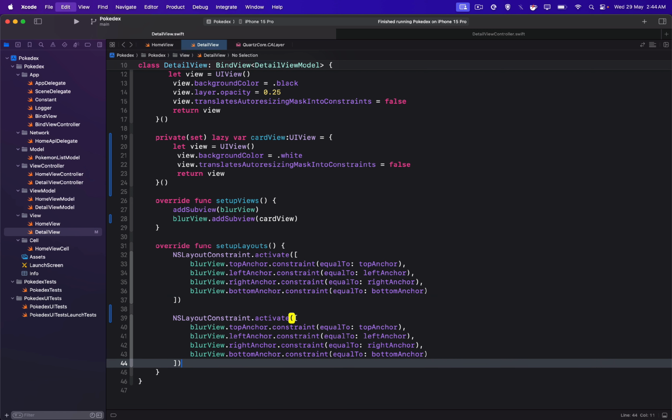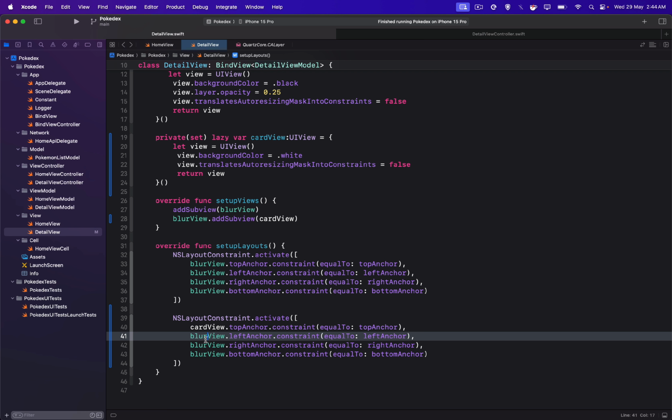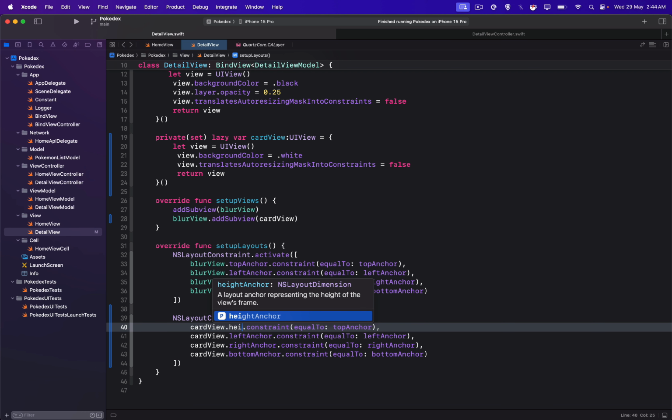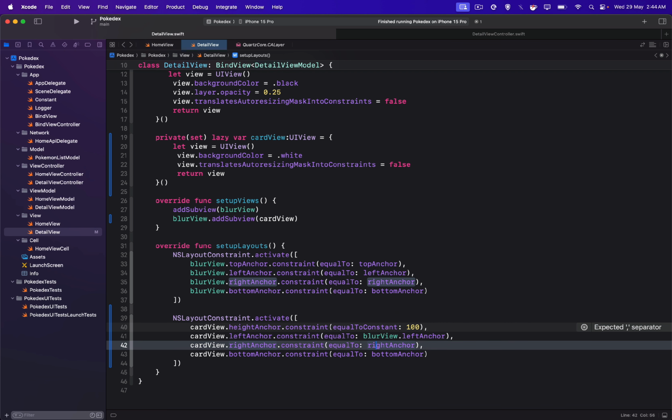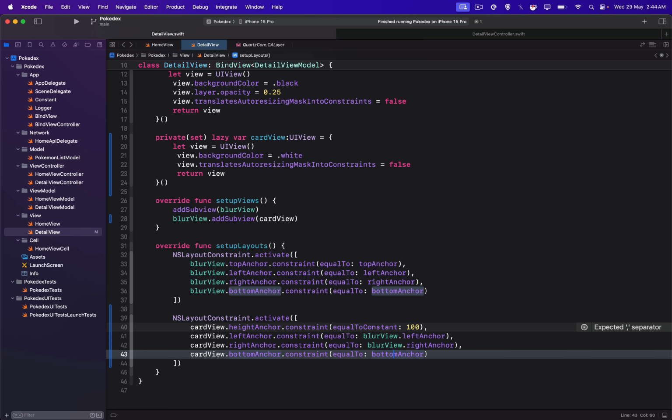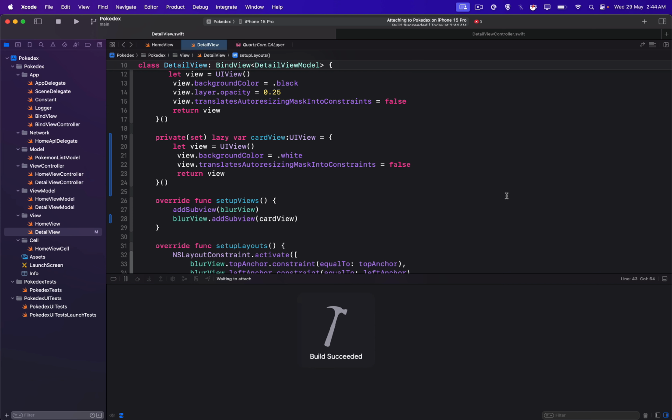And let's copy the constraint and copy the name. We don't need a top anchor here, we need a height anchor, and let's give it a hard-coded value of 100. And left anchor, sorry, the comma should be there. So if we hit and run the simulator,